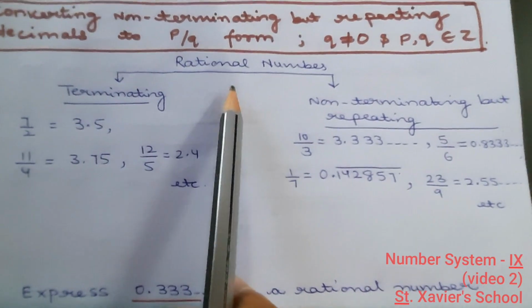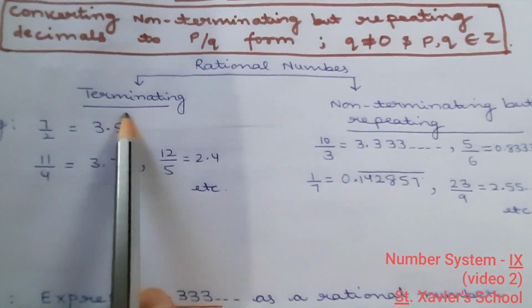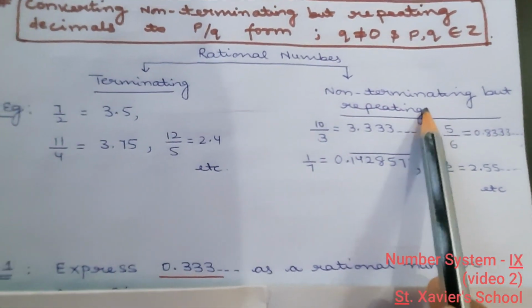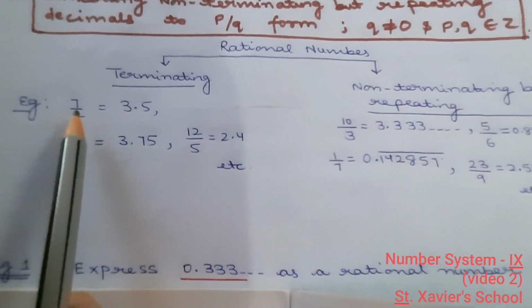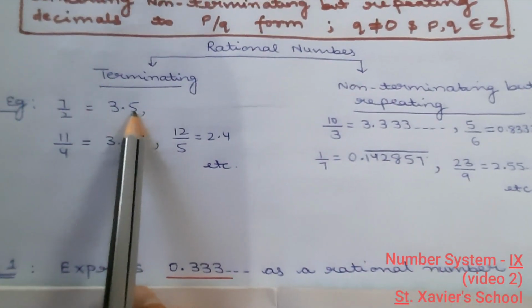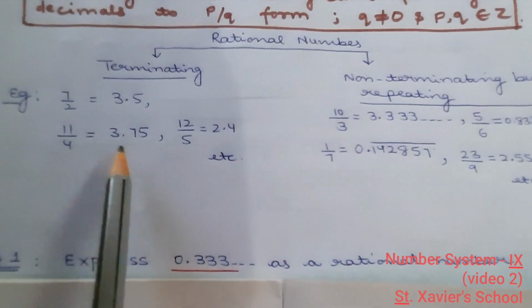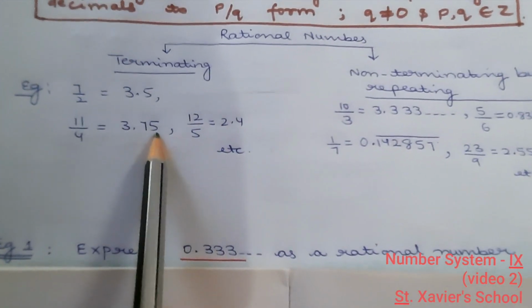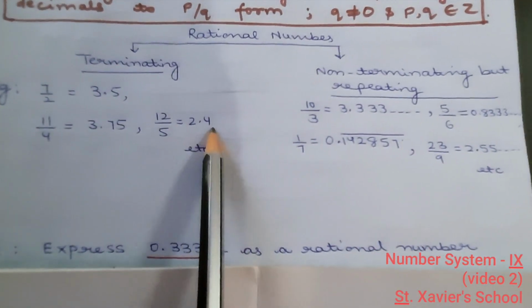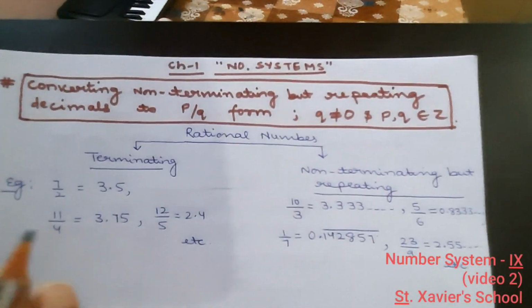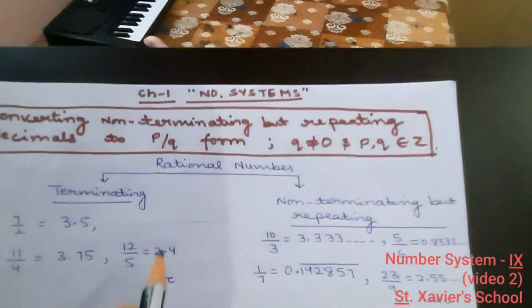In the last class, we learned that rational numbers' decimal form could be either terminating or non-terminating but repeating. For example, if you have 7 by 2, you can divide it and it will be 3.5. 11 by 4 will be 3.75. 12 by 5 will be 2.4, etc. Now, if I give you this number 2.4,